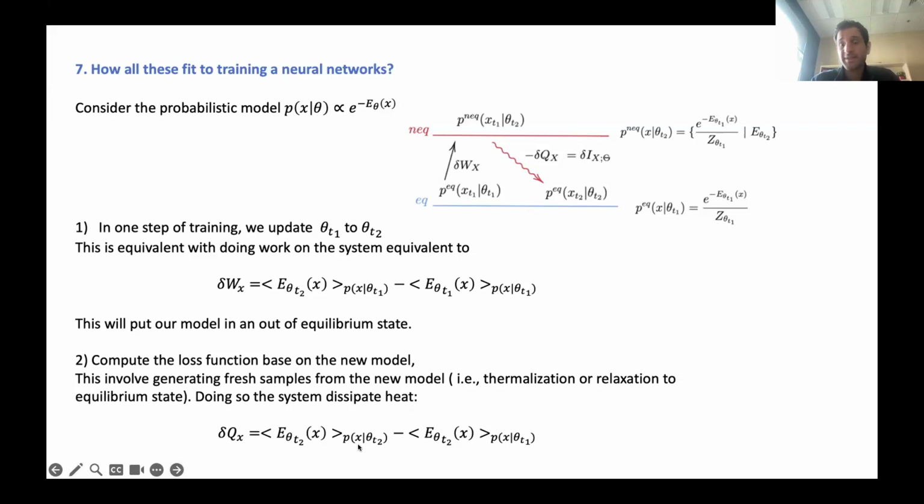Heat dissipation is basically the change of energy due to change of distribution. So with the same energy function, what is changing here is the distribution, and the amount of change in energy is the dissipated heat. And the main message is that the amount of heat dissipation is proportional. So actually, this is a strong condition. Equal means that the entropy of the system is not changing. I should update this to proportional. It's proportional to accumulation of information between x and theta.